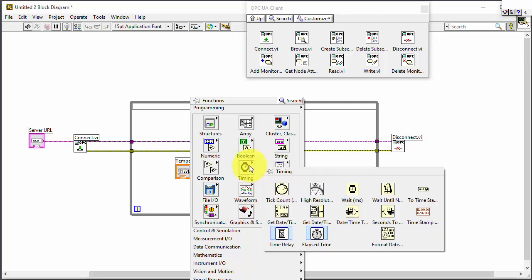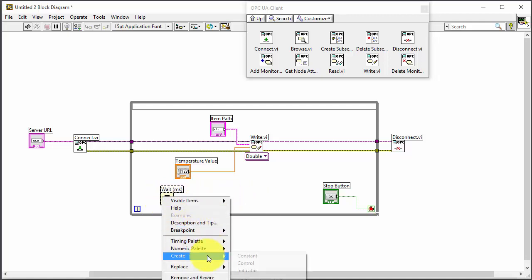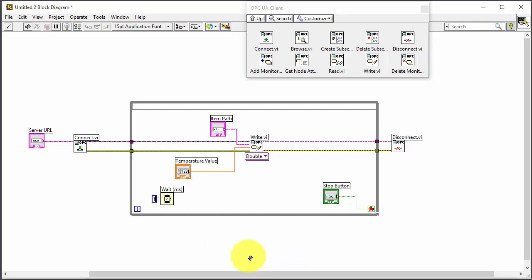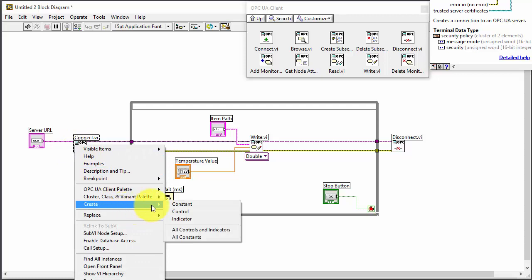So we use the same timer as we did on the server, the wait. Set the same here. We use 1000 milliseconds. So now we are almost finished. In addition, on the connect, we need to add some security policy. So you right click on the security policy, create constant,